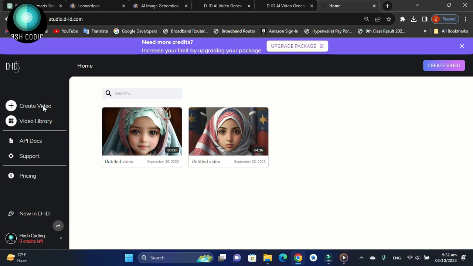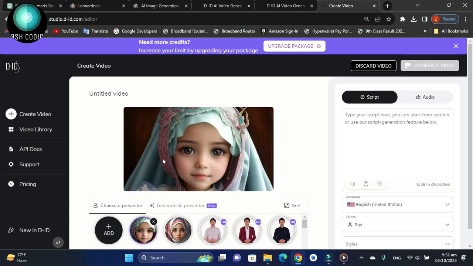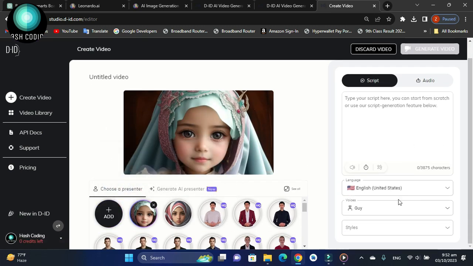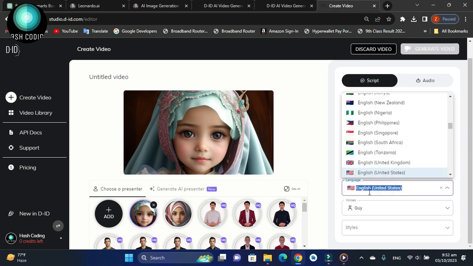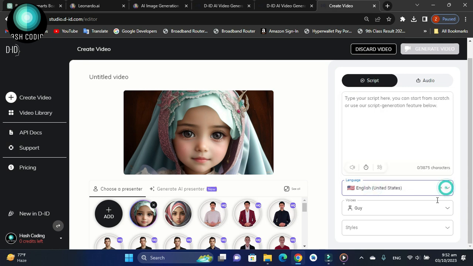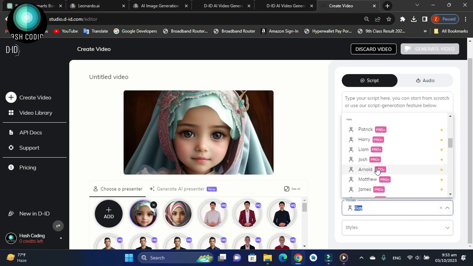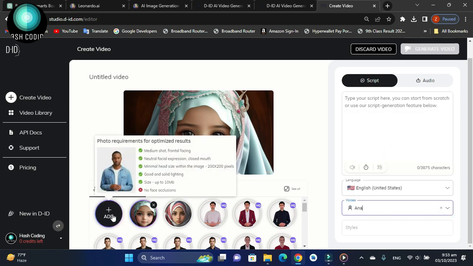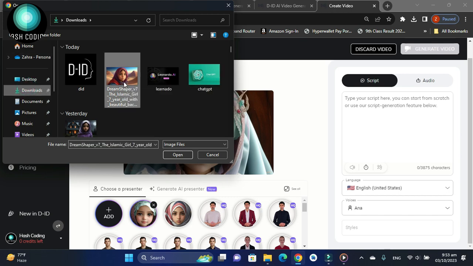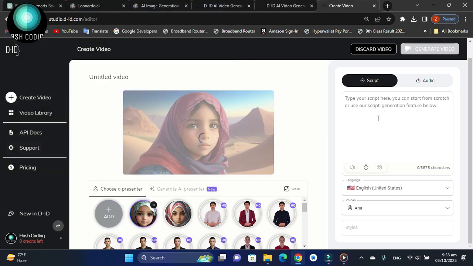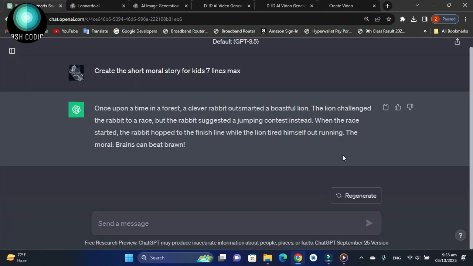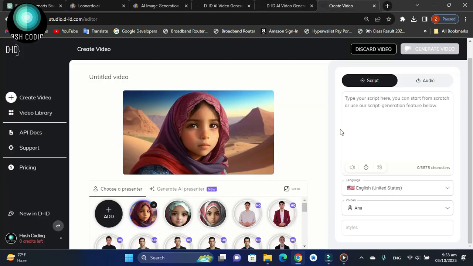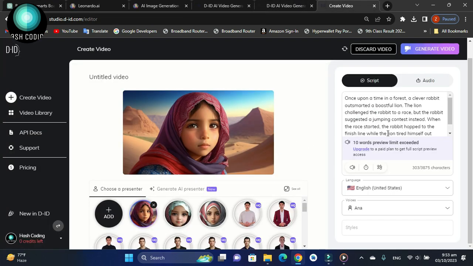Click Create Video button here. Choose your language. Choose male or female voice as you want. Choose your avatar or upload your own avatar. Copy your Chat GPT script and paste in D-ID prompt text box. Listen sample 10 seconds. If you are satisfied, then click